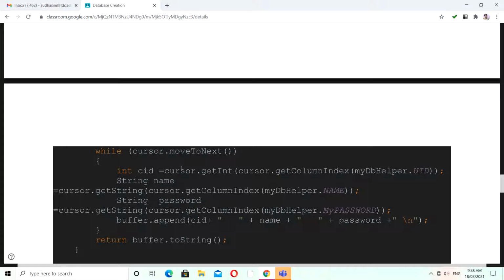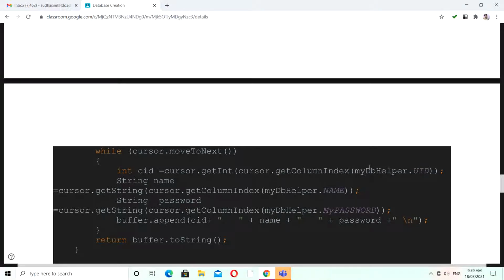definitely you will have your attributes: the user ID, then username, and then password. This is a sequential attribute. So to get the attribute information we have to use the method cursor.getInt. This user ID is an integer data type, that's why I'm using getInt. Cursor.getColumnIndex is used to receive the information of a particular column, or a particular attribute of your table.